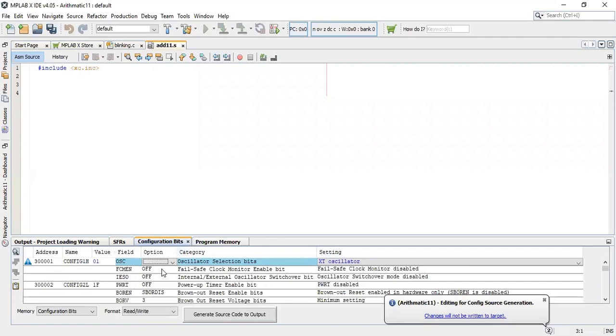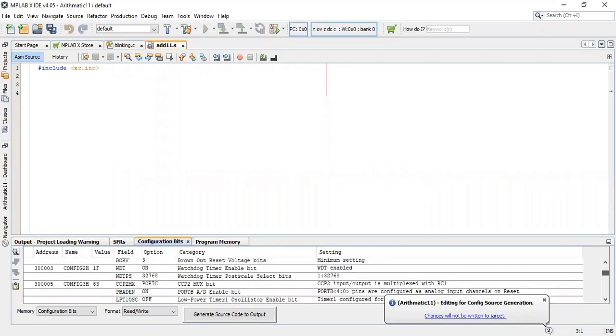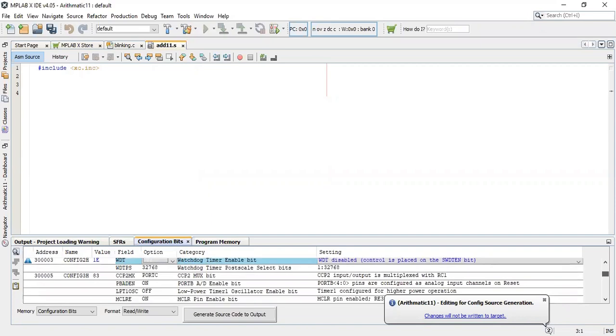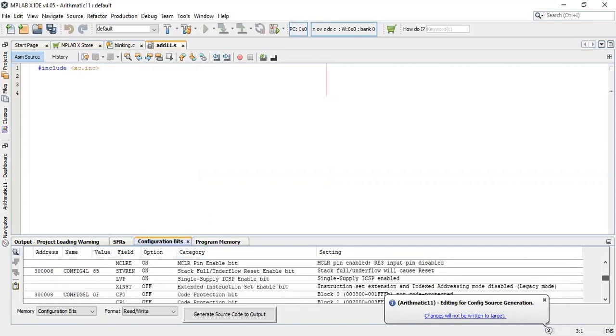This is off. Brownout reset. Then watchdog timer, this watchdog timer we have to turn off. Then low voltage, LVP, low voltage programming enable, we have to disable it. So these three options we need to click.